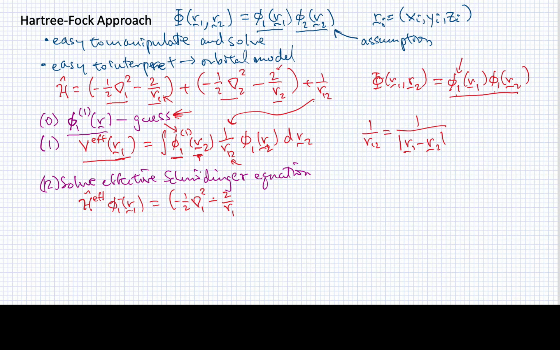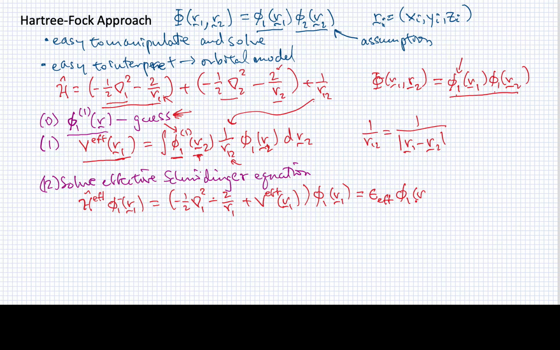And this is going to be equal to this string of operators. Okay, remember this was just the initial part, this piece of a Hamiltonian, but now we have this effective potential, and that effective potential is essentially in coordinate R1. And this is going to be operating on our wave function too. And so this is the equation we're going to solve, and we're going to solve it by some means. It could be a variational calculation or a perturbation theory, but we're going to solve this somehow. And when we do, we'll get an effective energy out